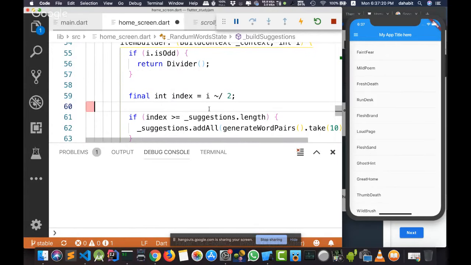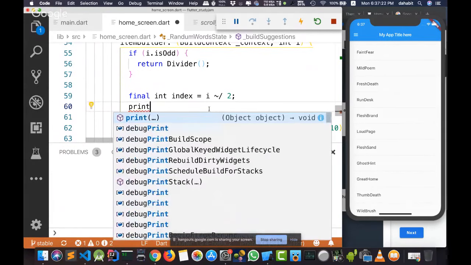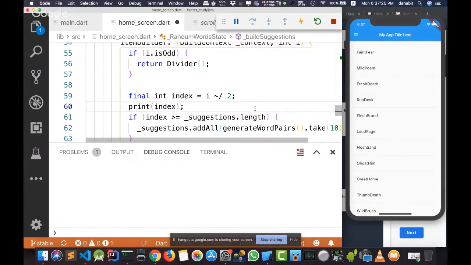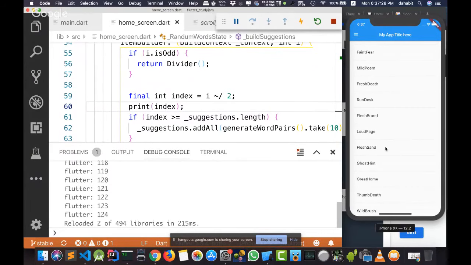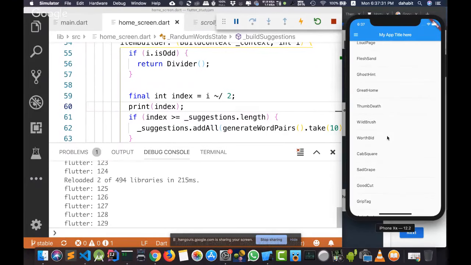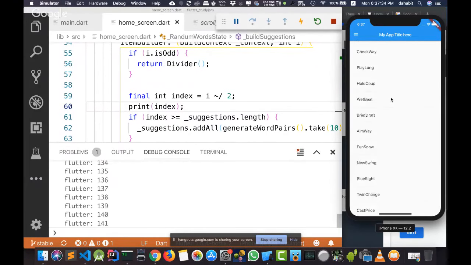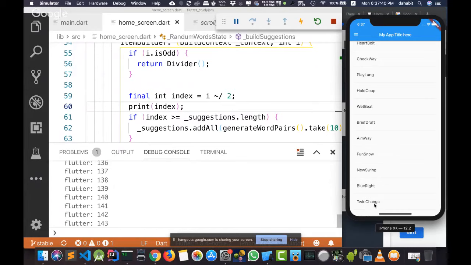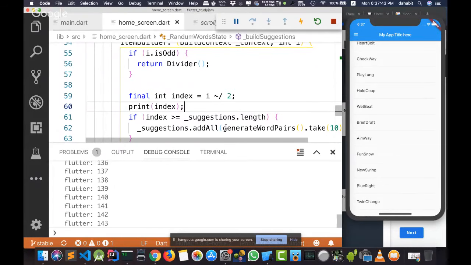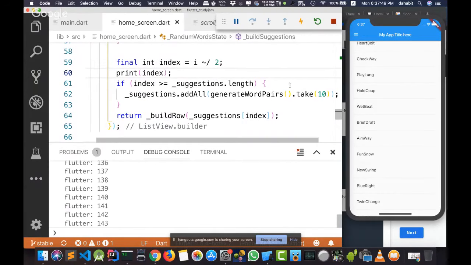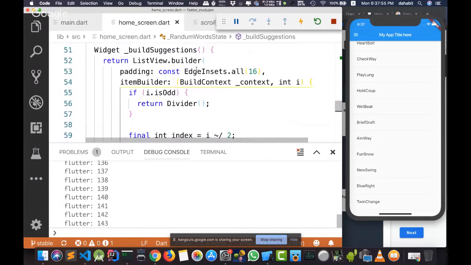If I print the index of the list tile I am at, and I scroll here, we see this is index number 132, 134, etc. And here I am checking if this index is equal or more than my list value, I need to go to the word pair object and generate another 10 words. As I don't want anyone who's just started with Flutter to get lost with me, sorry about that. I'll stick with the example.